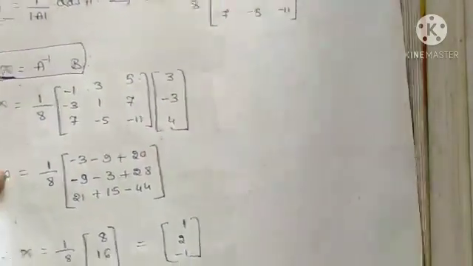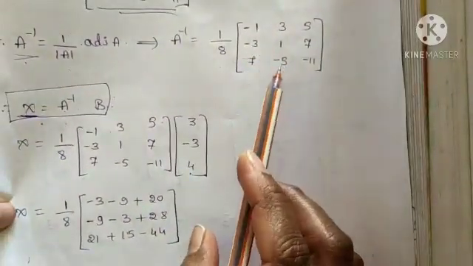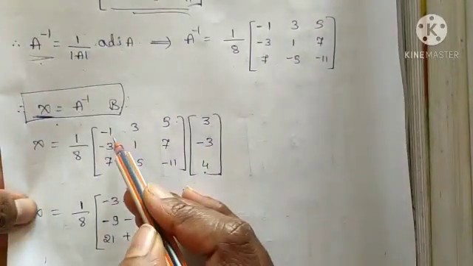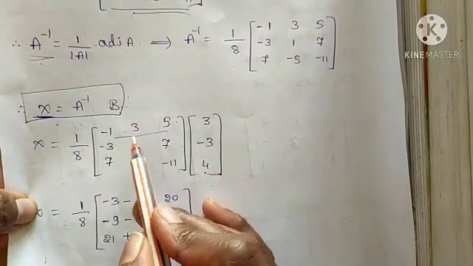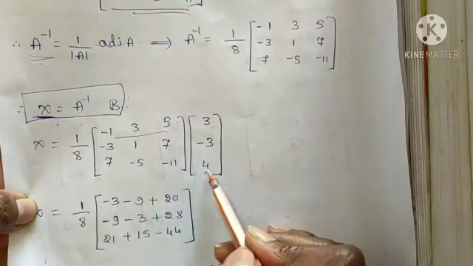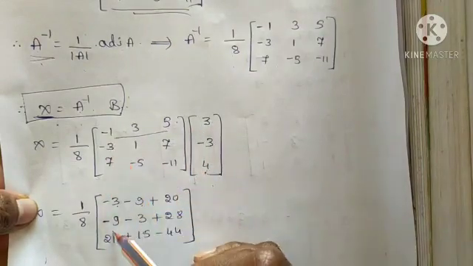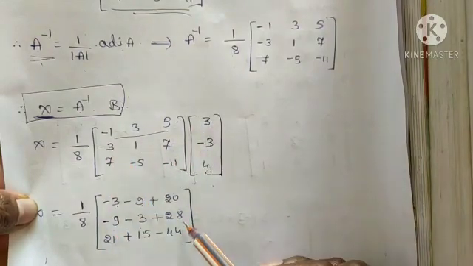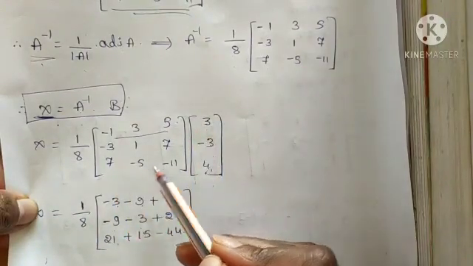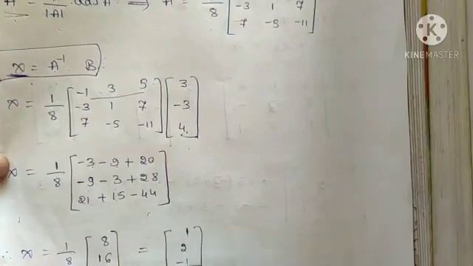Now multiply these two factors. See, first, don't choose to take the divider in, because you will get fractions and it may become difficult. Therefore, obtain this like this one and then multiply these two factors, first row into first column, that is minus 1 into 3 is minus 3, minus 3 3s are minus 9 plus 5 4s are 20. And then second row into first column, minus 3 3s are 9, minus 3 plus 7 4s are 28. Then finally third row into third column, 7 3s are 21, minus into minus becomes plus, 5 3s are 15, minus 44.